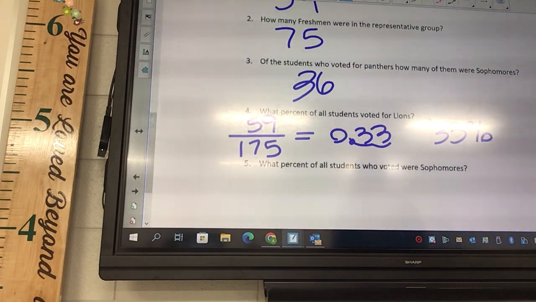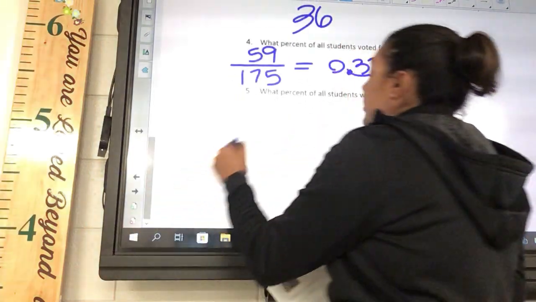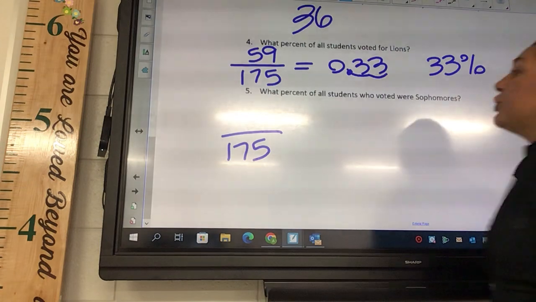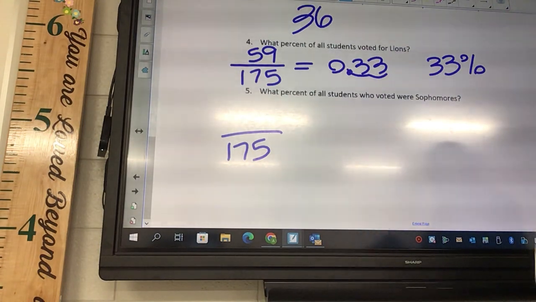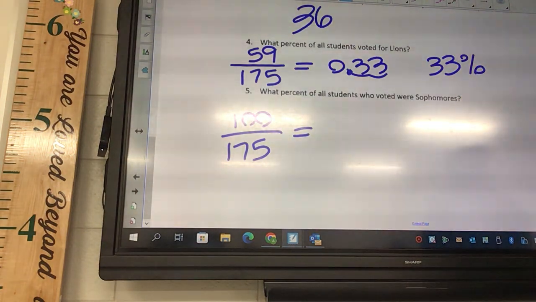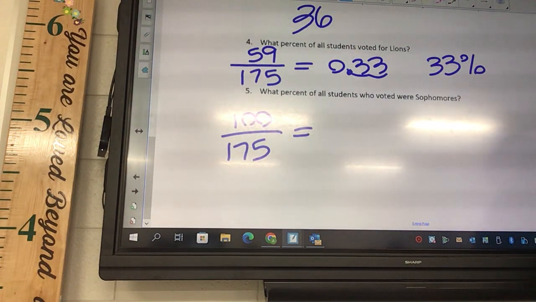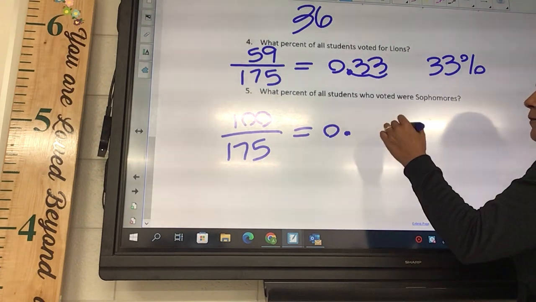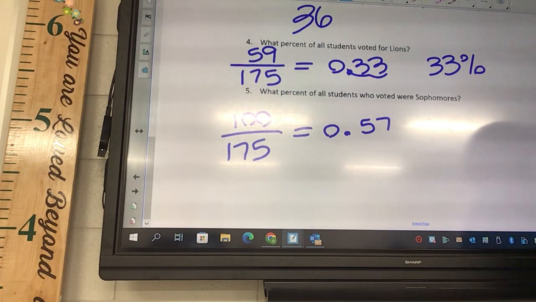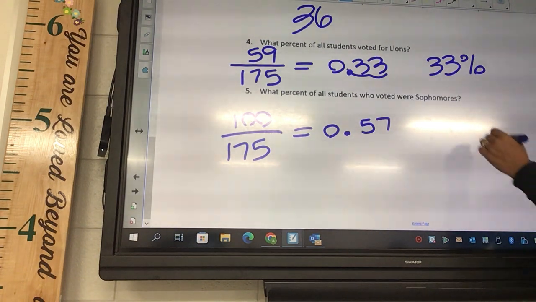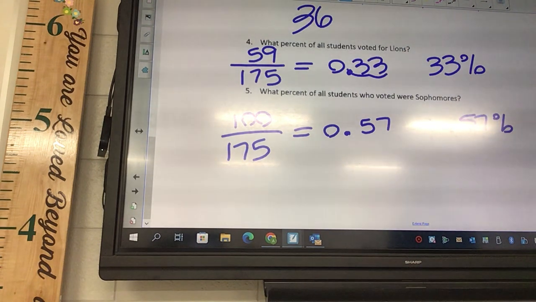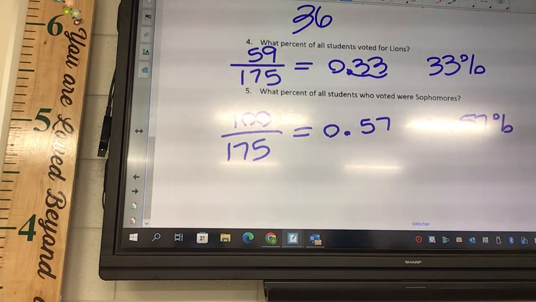What percent of all students who voted were sophomores? Okay, so how many students voted? 175. How many of those guys were sophomores? 100. Okay, so same thing, you're gonna say 100 divided by 175. What do you get as a decimal? 0.57. Okay, so what is that gonna be as a percent? I got 57%. Huh? I got 37. 37? Yeah. We'll go